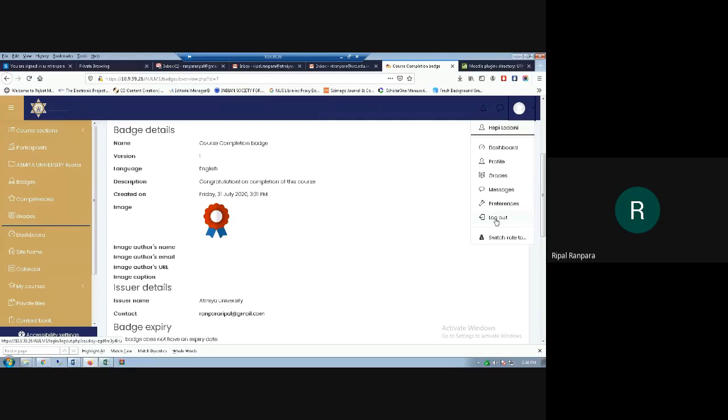A guest will not be allowed to edit activities or create activities and things like that. A guest can only see the categories which we have created. That's it. How should I log out now, so that after that I can log in with my credentials? The site administrator will provide you with the username and password. Using that, you can log in into this LMS. Before that, you will not be allowed to edit.